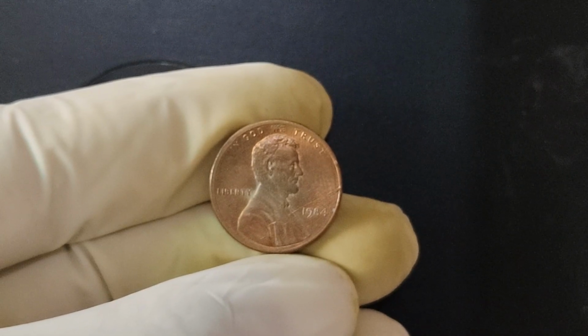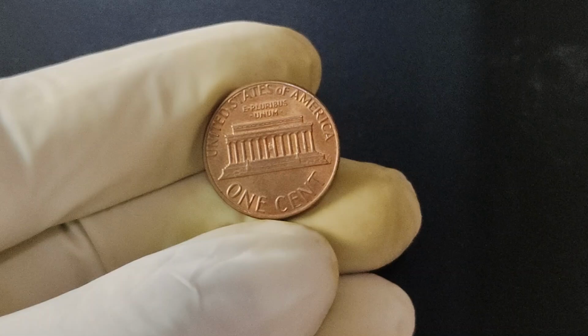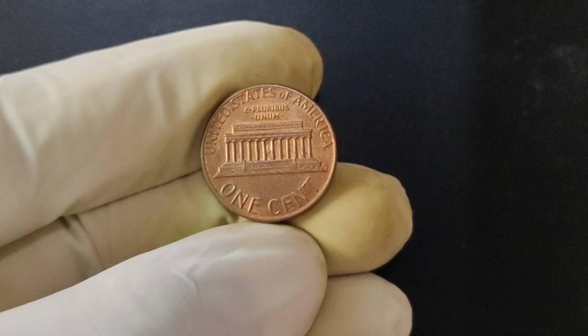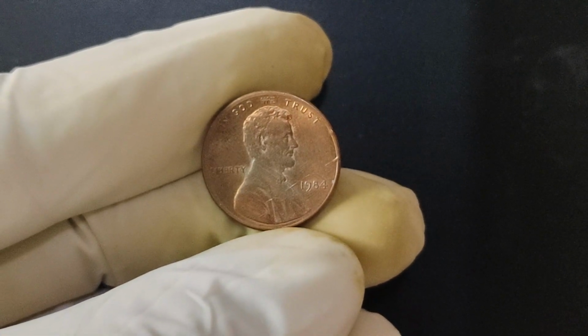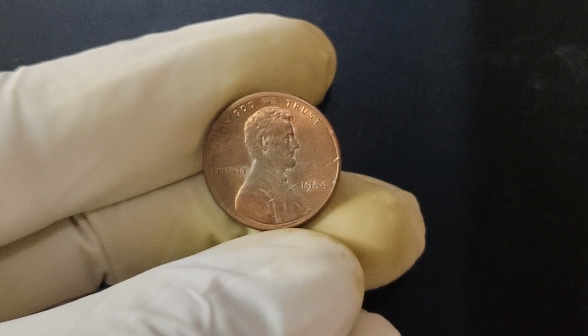top dollar in auctions. So, how can you tell if you have one of these rare pennies? Here are a few tips. Ensure the coin is in good condition, as this will greatly influence its value. If you believe you have a 1984 no-mint mark Lincoln penny, it's worth getting it authenticated by a professional coin grader. Over the years, a few lucky individuals have stumbled upon these rare pennies in their pocket change, thrift stores,